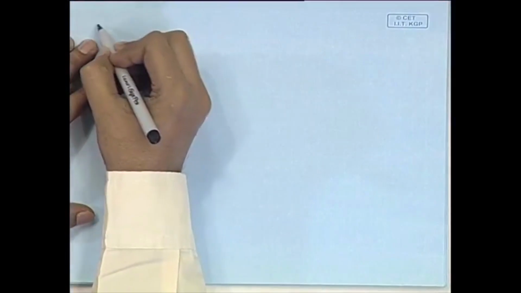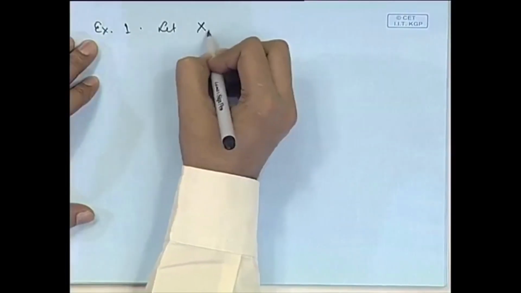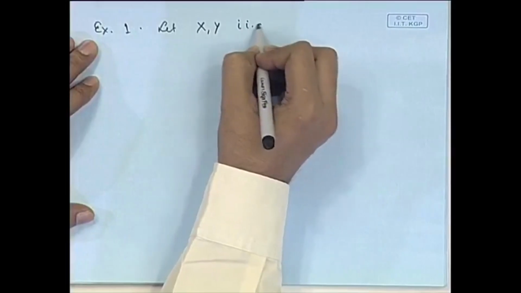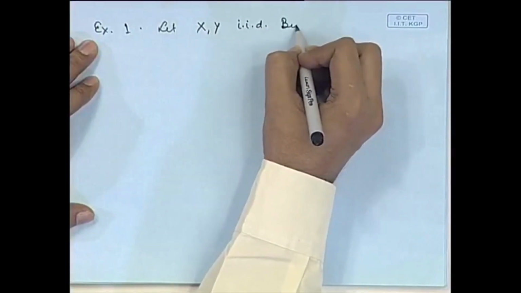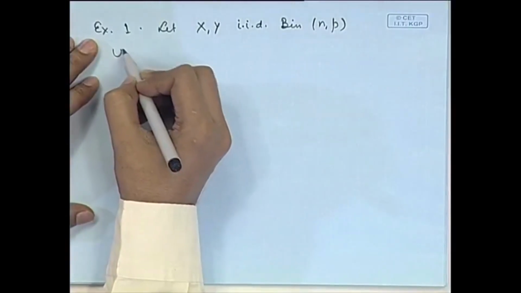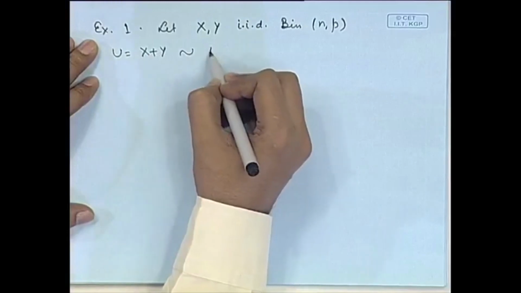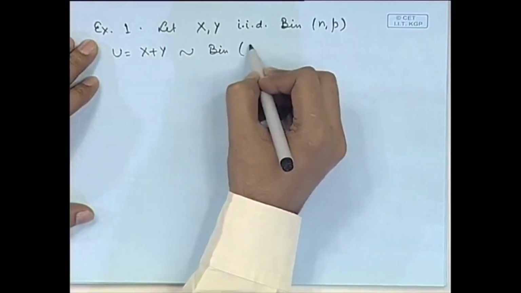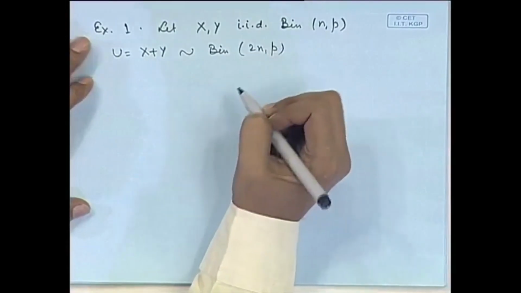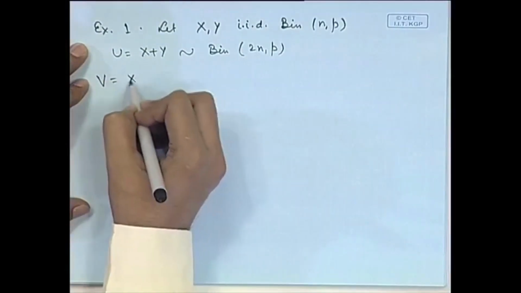Suppose X and Y are independent and identically distributed binomial(n, p) variables. Suppose we want the distribution of U, that is X plus Y, then from the MGF approach we are able to determine it is binomial(2n, p). Now, suppose we want the distribution of, say, V, that is X minus Y,